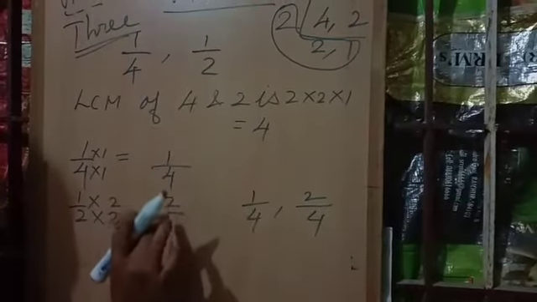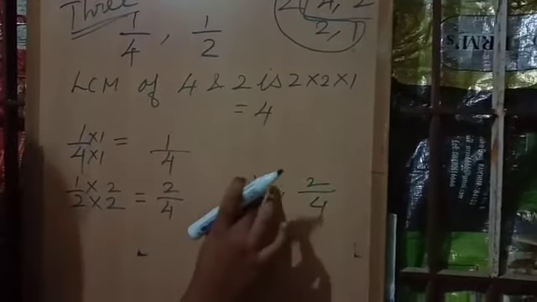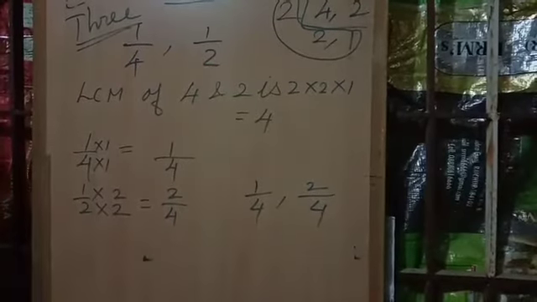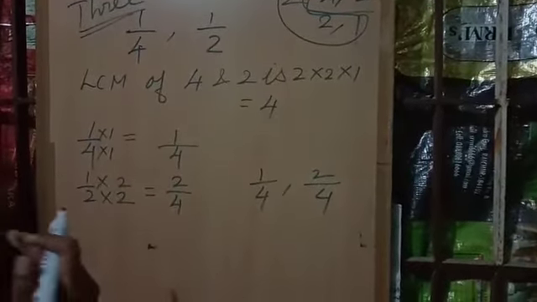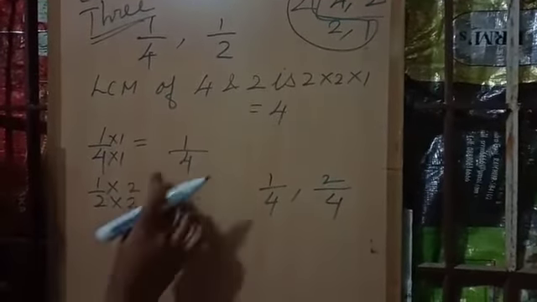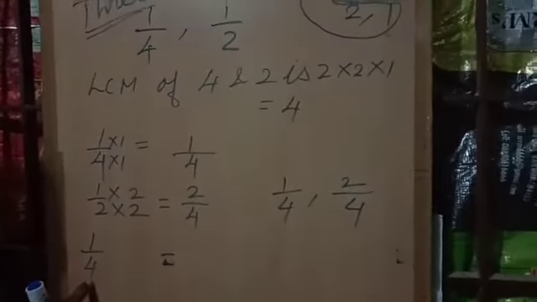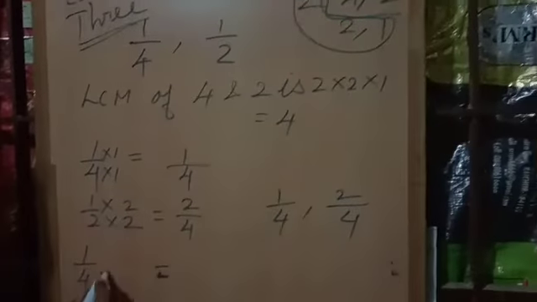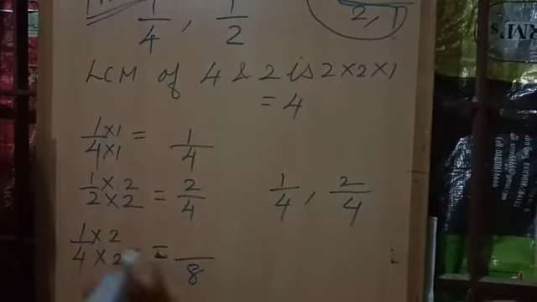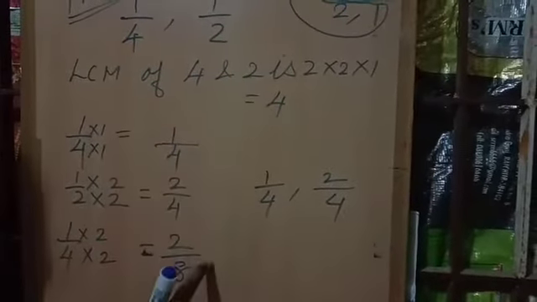See, after bringing the denominators the same, see the numerator values. If there is a gap, no problem. But if there is no gap, what do you have to do? Again we have to find equivalent fractions. To find an equivalent fraction, we should multiply both numerator and denominator by the same number. Here 4, here 4. So in the next case also we should bring the denominators the same. First 1 by 4: I am going to multiply both numerator and denominator by 2. If you multiply by 2, what will you get? 4 2's are 8, and the numerator 2. So for 1 by 4, I got 2 by 8.